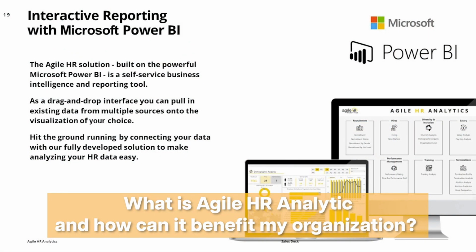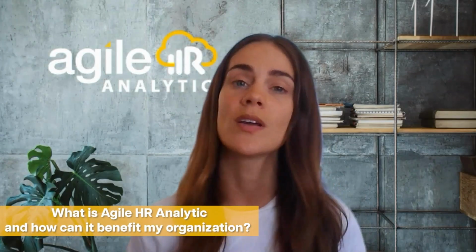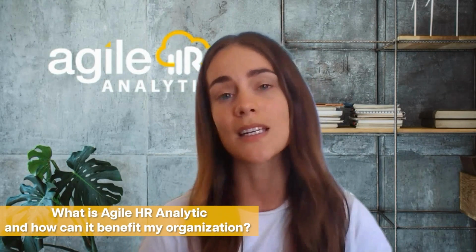So Agile HR Analytics is a HR solution built on Microsoft Power BI. It helps organizations improve decision-making, optimize workforce planning, and enhance employee engagement by providing data-driven insights on talent acquisition, retention,